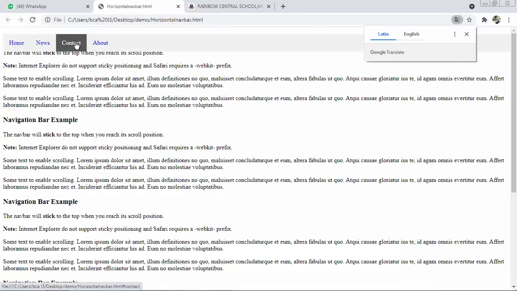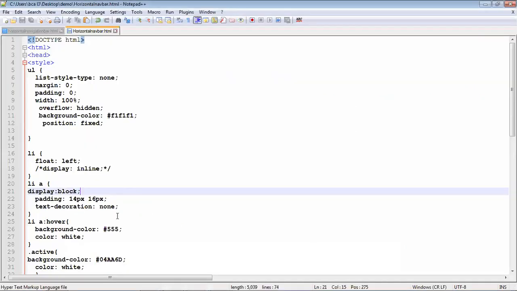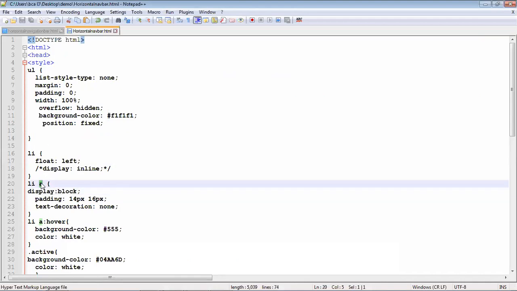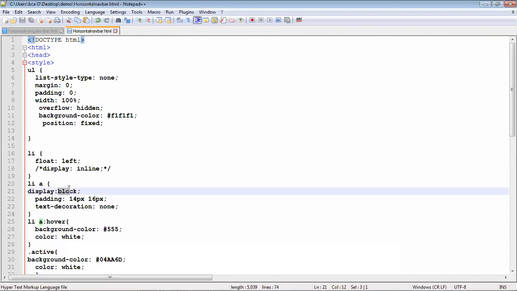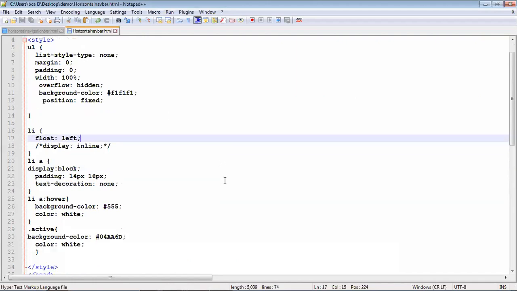You get a big menu bar when you use float equal to left and the display property on the anchor tag. Within the li we use the anchor tag, and that is in block format. This is the horizontal navigation bar.